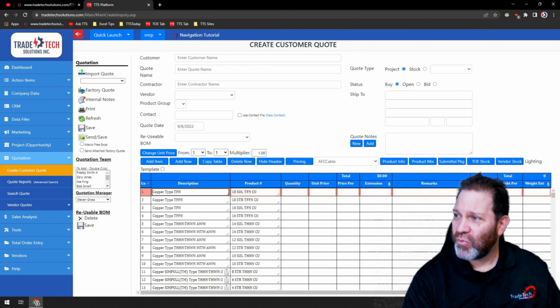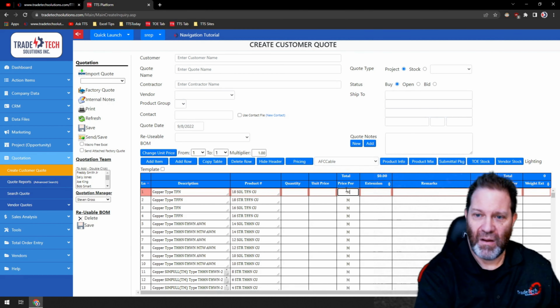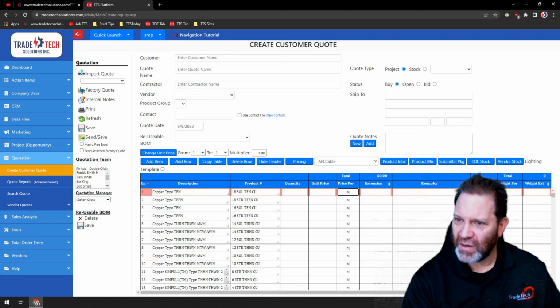Quantity, I'm going to leave blank. Unit price, maybe 0 in this case, because we're going to do pricing in another video. So I'm going to leave the unit price, but the price per is important. So let's add price per in this case. It is all 1,000. So I'm just going to paste in M's, extensions. We're not going to worry about. Weight is important. So let's do weight and weight per. So there you go. What I did is I copied it from this sheet, moved it over to our